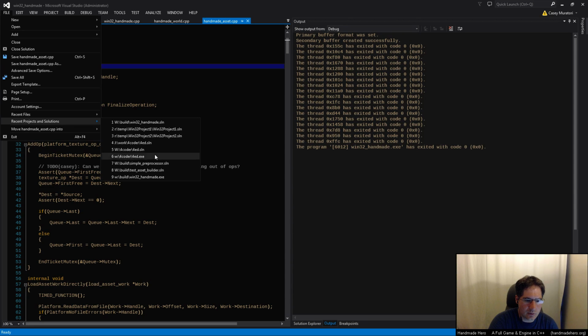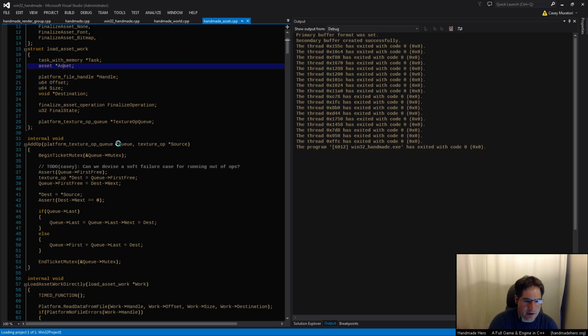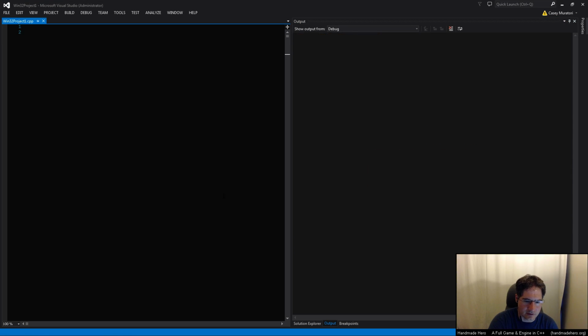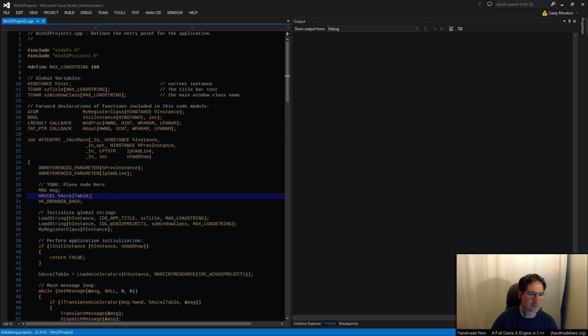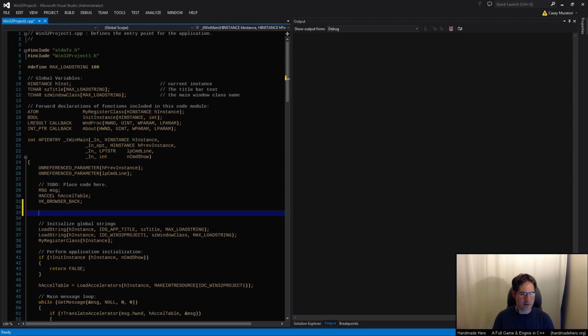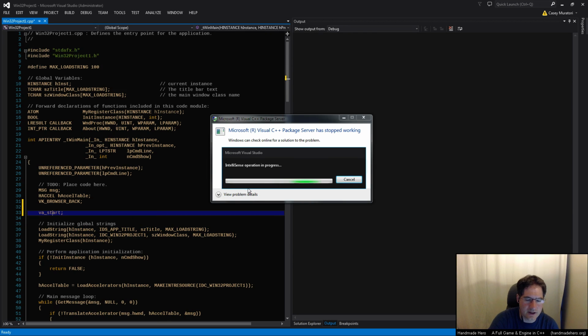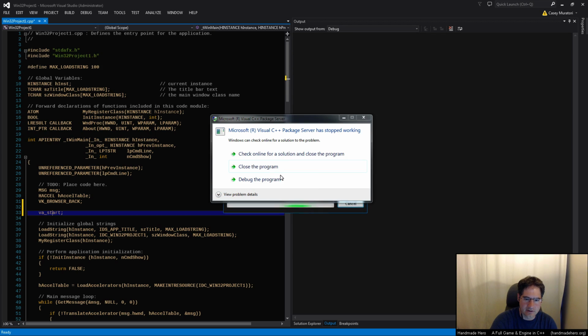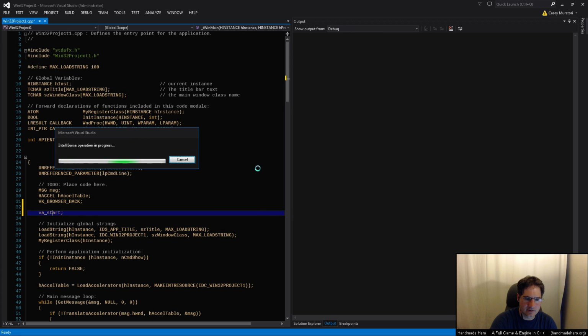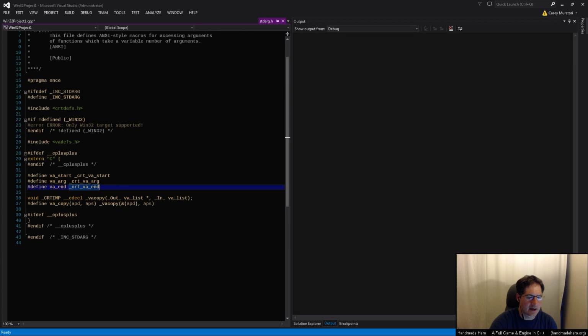So where's my Win3? There it is. This is my little dummy project that I made for searching for things. Yes, prepare the solution. Keep on preparing that solution. Good job. So if I want to do a VA start here, and I want to go to the definition of the... Okay. The package server has stopped working. Well, that seems bad. All right, so anyway, these guys, VA start, VA arg, VA end, which we'll be using,